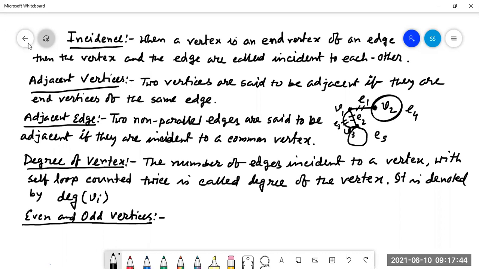Yes, sir. Okay. Is it complete? Take the snapshot. These are the definitions. They will be required to solve our problem. After that, I'll go for the next page. Can I go to the next page?